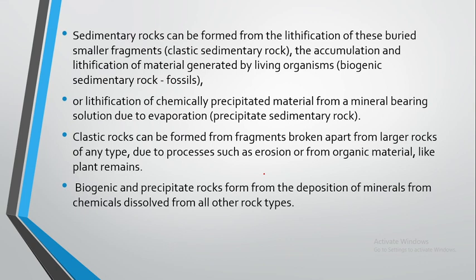Then next are the biogenic and precipitate rocks, formed from the deposition of minerals from chemicals dissolved from all other rock types. So from all other rock types, this biogenic process, of plants and animals, is also being dissolved in this rock. That is the main reason why almost all fossil remnants are present in sedimentary rock, and these fossil structures are also very clearly imprinted. Various imprints are also present in this